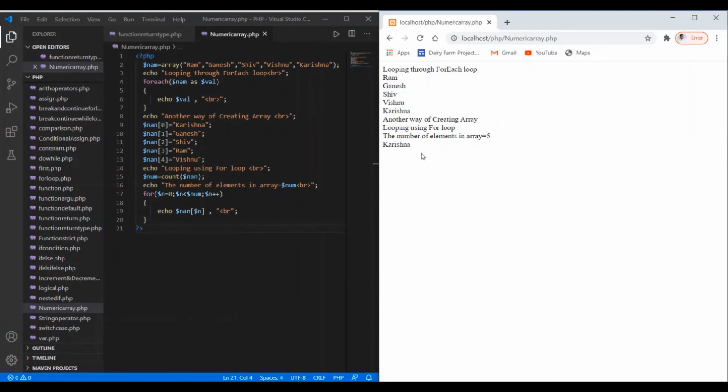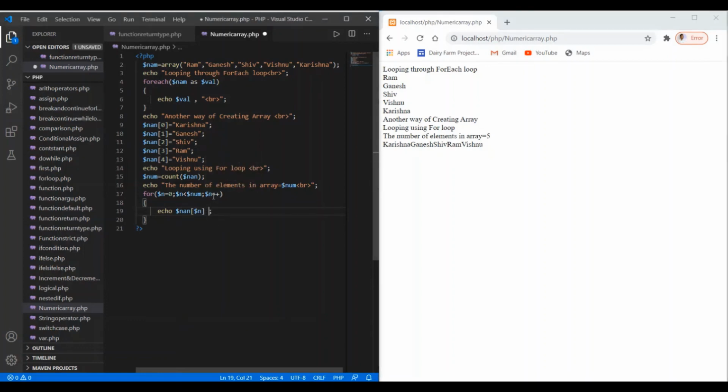Okay, so it's displaying only one value this time. So what exactly is the array? I think we are getting the array here. So I'm going to remove this line from here. Save your changes, and once again I refresh it. Yeah, it's displaying the values. The last time the array element 0 had the value Ram, Ganesh had 1, Shiv had 2, and here in this array, index number 0 has the value Krishna, so it's displaying Krishna, then index number 1, so it will display the value according to its index.